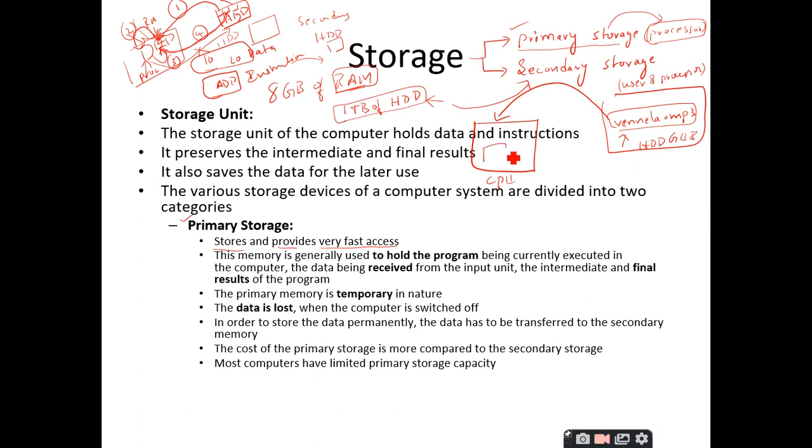So, in the CPU I know I have the processor and I know I have RAM. When I double click on this vanilla.mp3, this entire file will be taken from the HDD to RAM. It is loaded here. Once it is loaded from RAM, the processor is going to take it and it is going to play. Once everything is completed, if you have any results, it will be stored here, and from RAM everything will be pushed back again to the hard disk drive. So, these 4 steps are going to happen in every instruction. Clear?